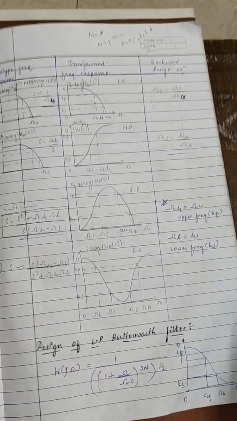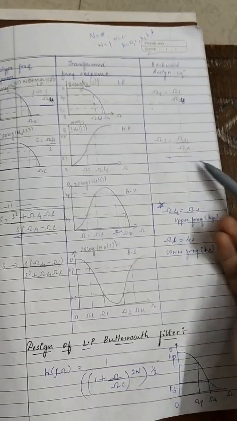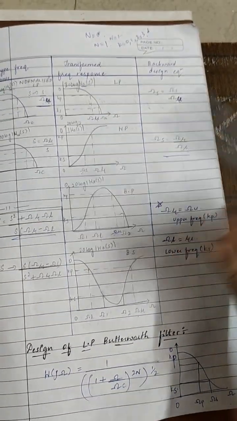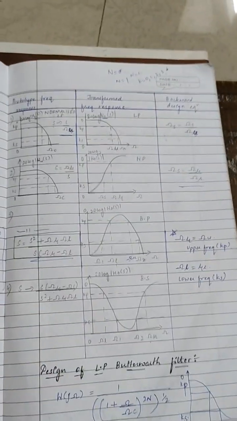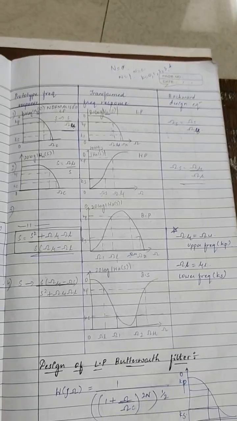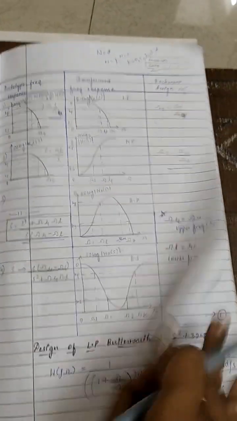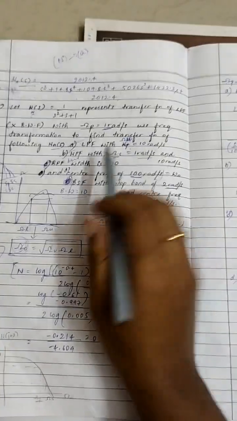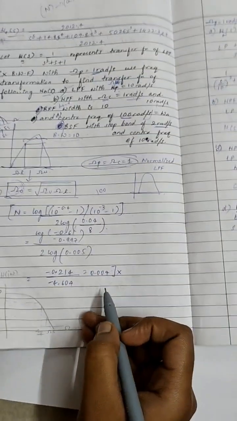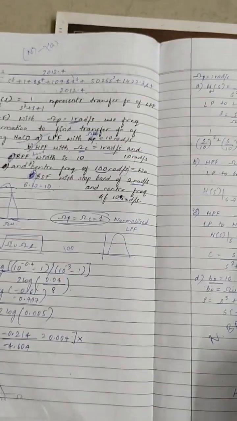This table gives us a lot of information, wherein the left part of the table gives us the information: your low pass to high pass, low pass to band pass, and low pass to band stop. Using all these formulas, you can just convert them. For example, in this question they have given me low pass filter, right? First I'll find n. Okay, after finding the order,